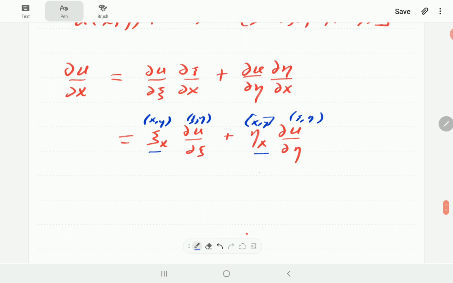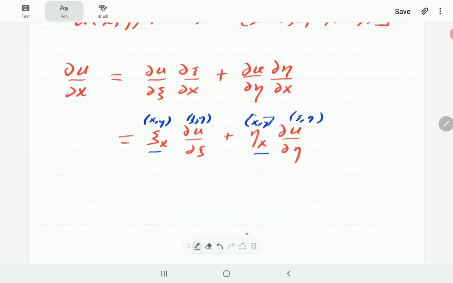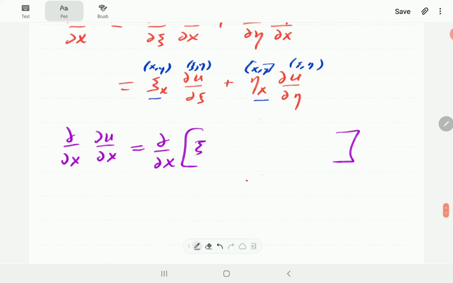So as we go to do another derivative, the second with respect to x, we're doing partial x of partial u of x. So this is what I'm going to do first. Just going to write this exactly as it is. Okay, eta x,